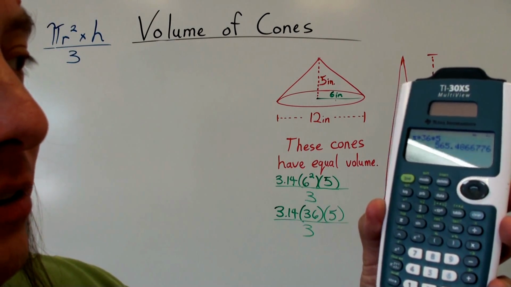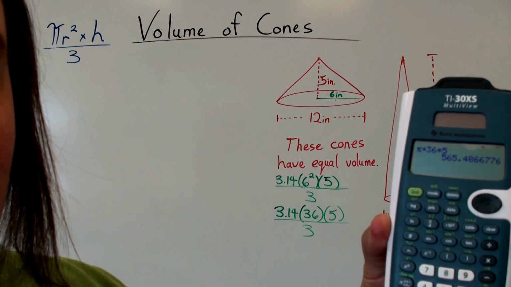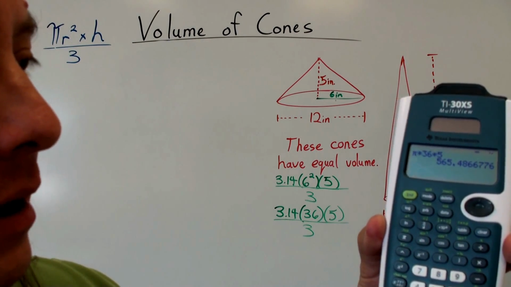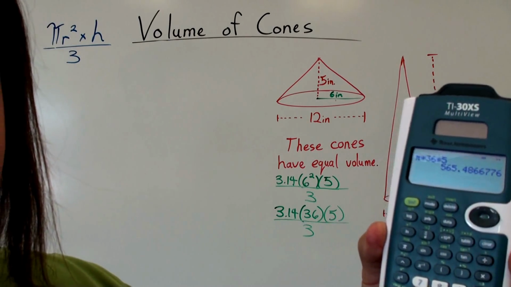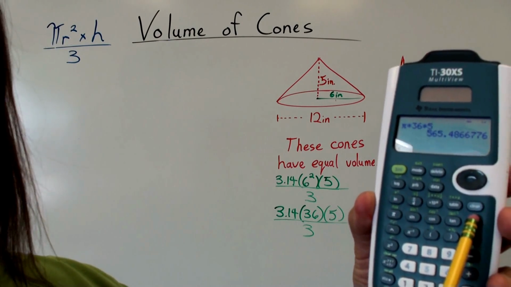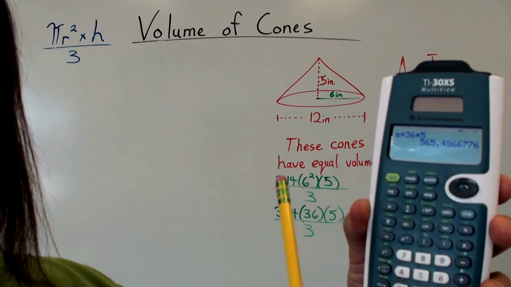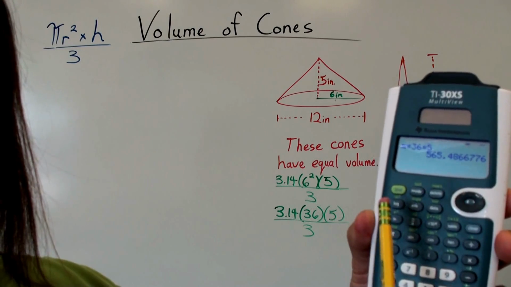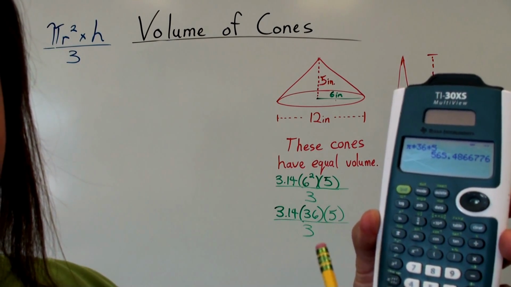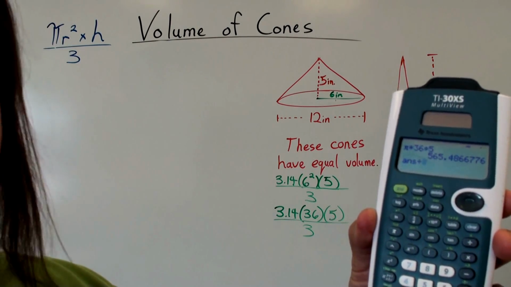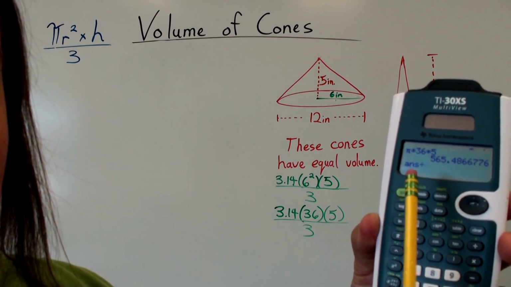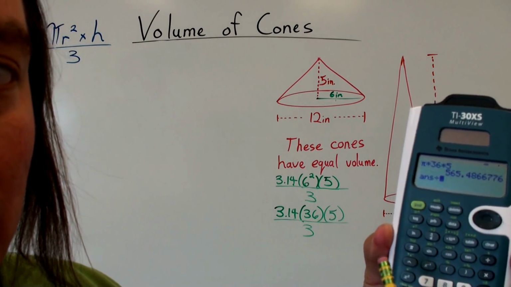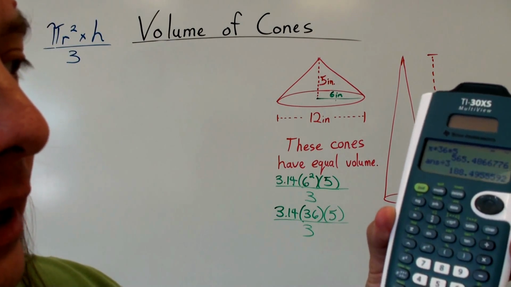So pi times 36 times 5. On this calculator, I can put it all together just the way it's written, and then probably say divided by, because the calculator is smart enough to know the order of operations. But I'm not going to do that. I want to see what the numerator is equal to. The numerator is equal to 565.486677, all that. I'm going to leave that whole decimal and just hit divided by, because this number is the numerator. All this multiplied is right here. So now we're going to do the fraction divided by 3. I just hit divided by, and I've talked about it before: ANS is the previous answer, so it's that big decimal divided by 3, and I get